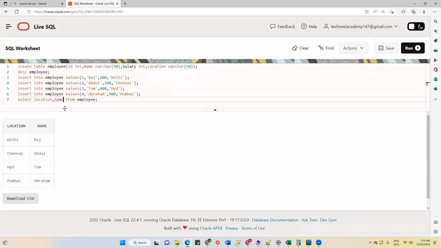Yes. Okay. Now, I have inserted only 4 records here, right? In your Office database, if you take the example of MNCs like Infosys, TCS, Cognizant, Capgemini, Deloitte, they have 1 lakh, 2 lakh, 3 lakh employees working there, right? Their database is very huge. In that case, suppose my manager tells me, Tanvir, I just want to see the employees who are from Delhi location. So in that case, what I will do,